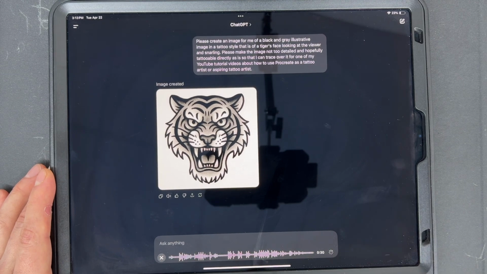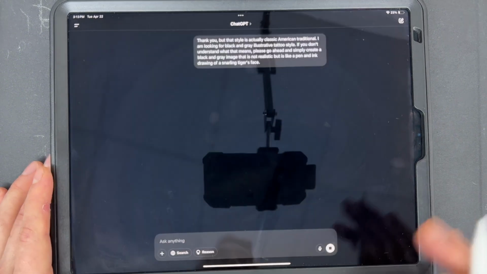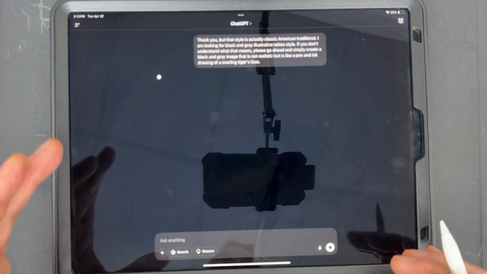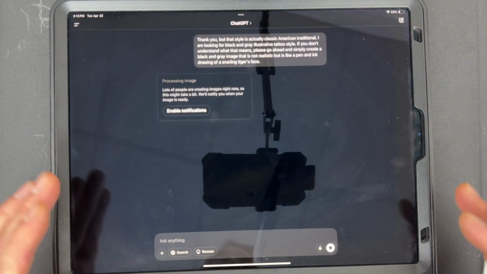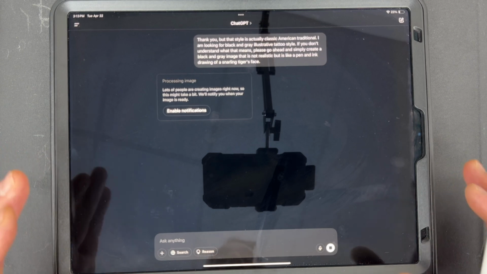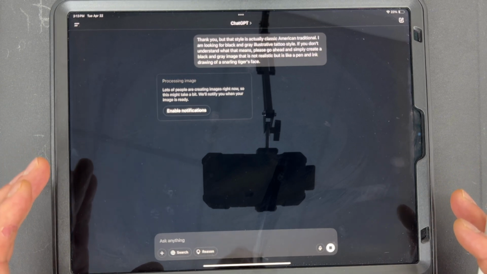And so that's the cool thing about ChatGPT: it can iterate on what you're doing, and it's much more conversational, and it has a much better job of understanding the context of what you're telling it and what you're trying to get it to do, and your